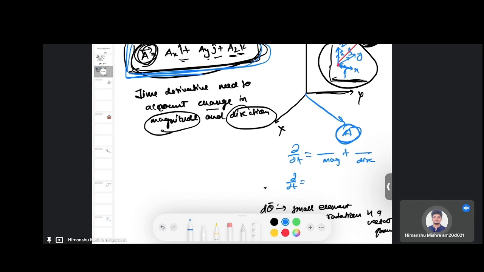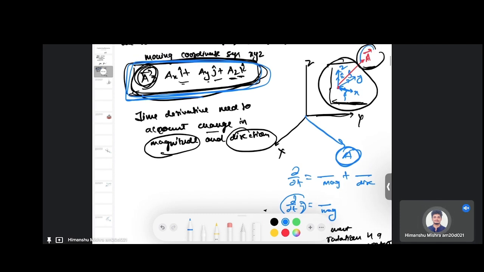So whenever there is a change in direction of the moving frame, vector A's direction is also changing accordingly, which means the rate of change with time will be defined by the change in magnitude only, right? Because this vector A is moving along with the moving frame, right? So if you are sitting on the moving frame, you will not see the change in the direction of vector A, right? Because both are moving